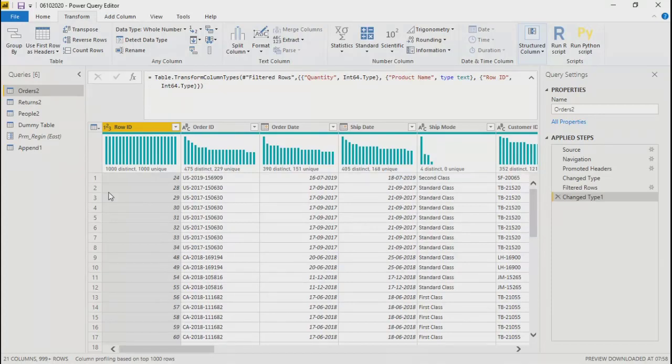For example, if you're counting quantities or the count of people, or maybe row ID over here, it will always be discrete. It will always be a whole number. You can never represent a row number as 1.5.